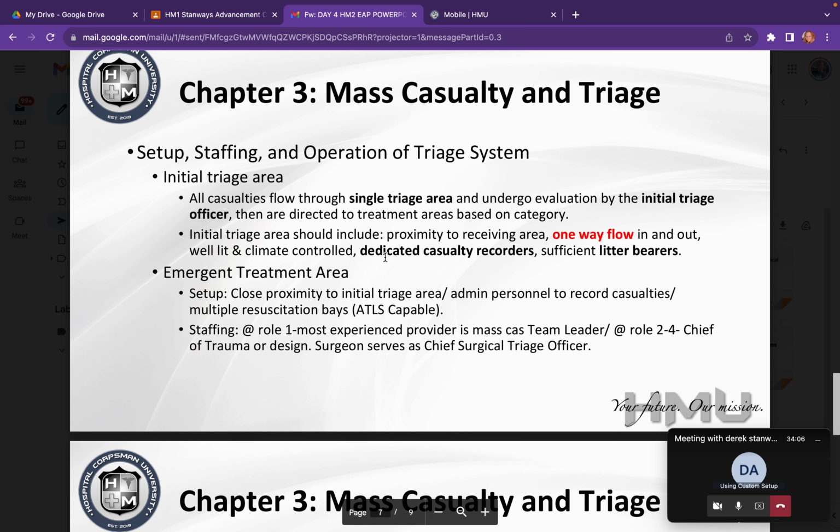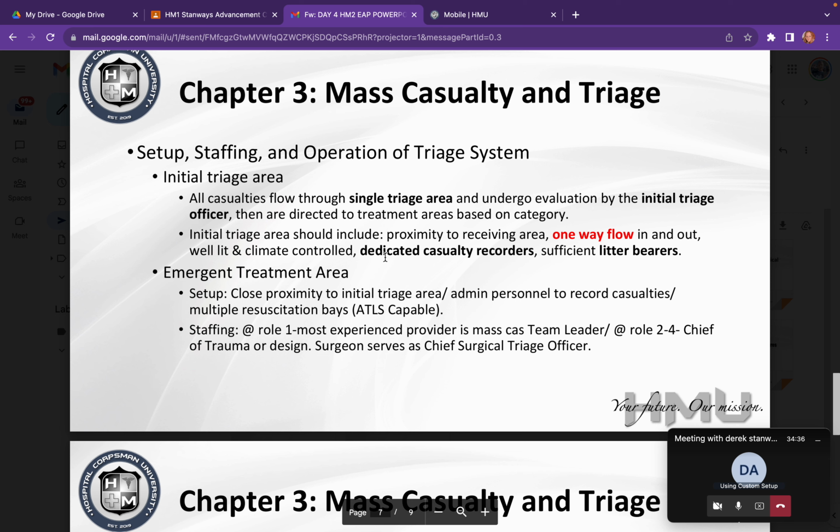Chief, can you explain to them, because I know some of them don't know what the difference between Role 1, 2, 3, and 4 is? So a Role 1 is essentially basic first aid care. That'll be your BAS, right? That's considered your Role 1 because you don't have any surgical capabilities. Role 2 is a step up from that, where you will have surgical capabilities with minimal specialty services, i.e. lab, x-ray, things along those lines.